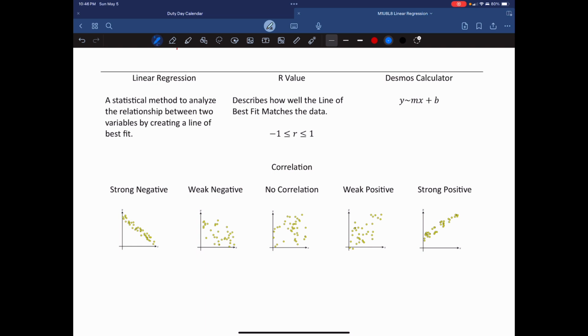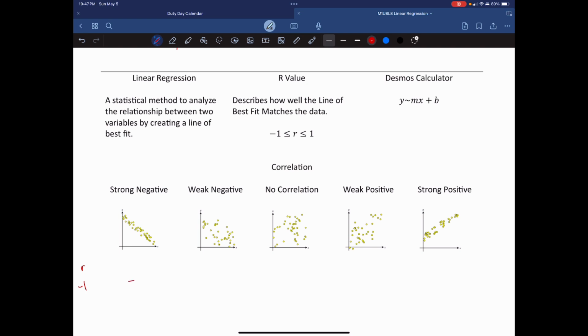When we get to the Desmos portion of this, I'll show you where you can see the R value, but our R values are going to go from -1 all the way to +1, okay? Those are going to correlate to what we see as either a really strong negative correlation or a really strong positive correlation, and everything in between, okay? So if we were to use these pictures here, a perfect straight line would be R equals -1, and right here at strong negative, I would say this is like